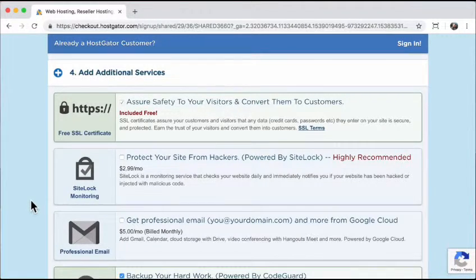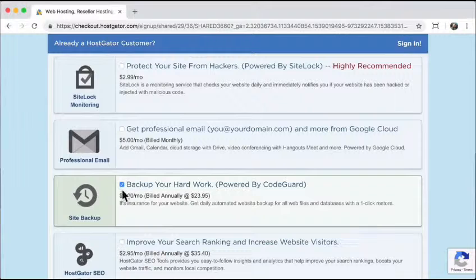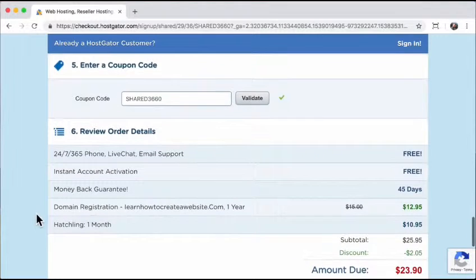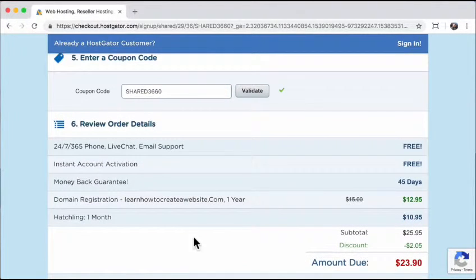And for site backup, I'm going to show you how to do that yourself, so I don't think that we need it. So we're just going to uncheck it. And we can see that the amount due is $23.90. And I think that is an amazing deal to get your website out on the internet and just to be